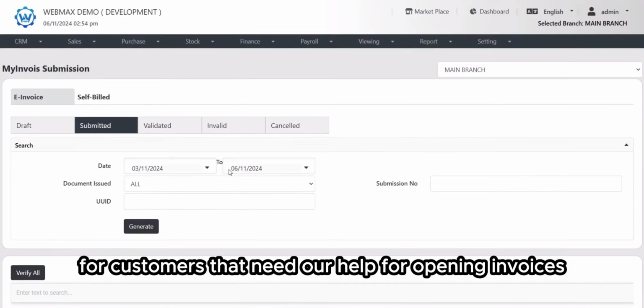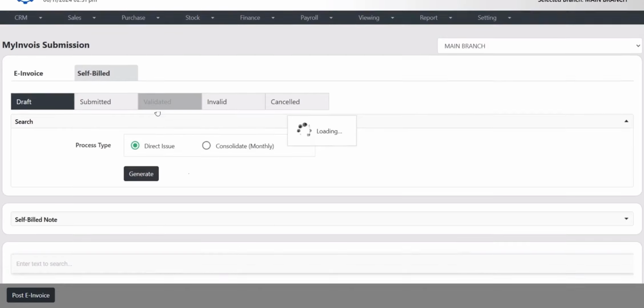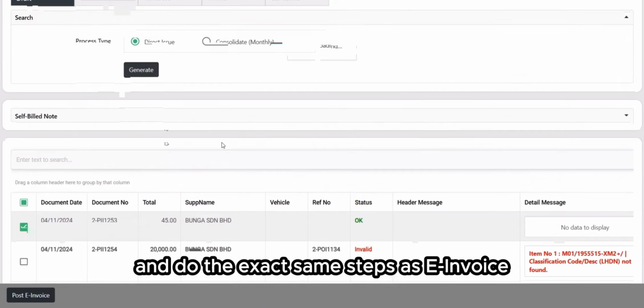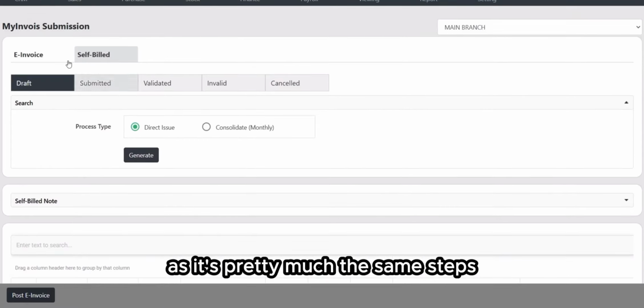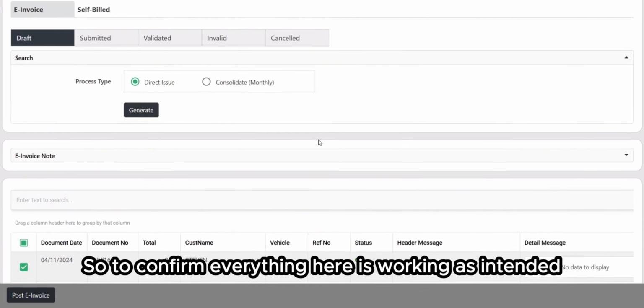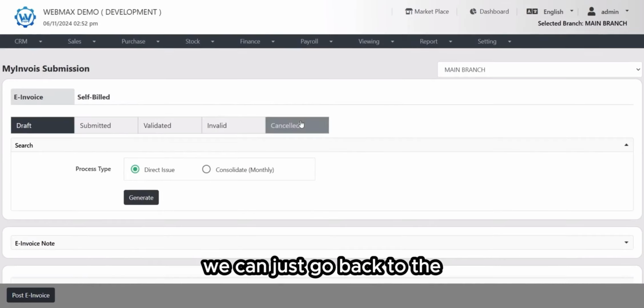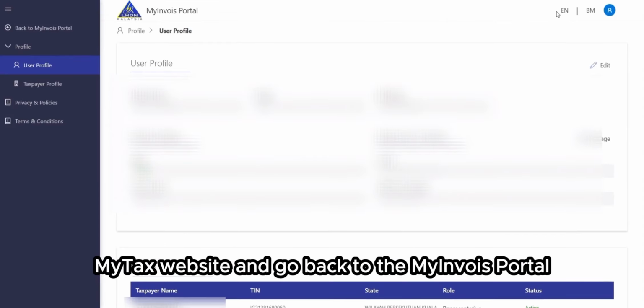Now, for customers that need help for opening invoices, we can just click on self-build over here and do the exact same steps as e-invoice. So I'm not going to go into detail here as it's pretty much the same steps. So to confirm everything here is working as intended, we can just go back to the MyTax website and go back to the MyInvoice portal